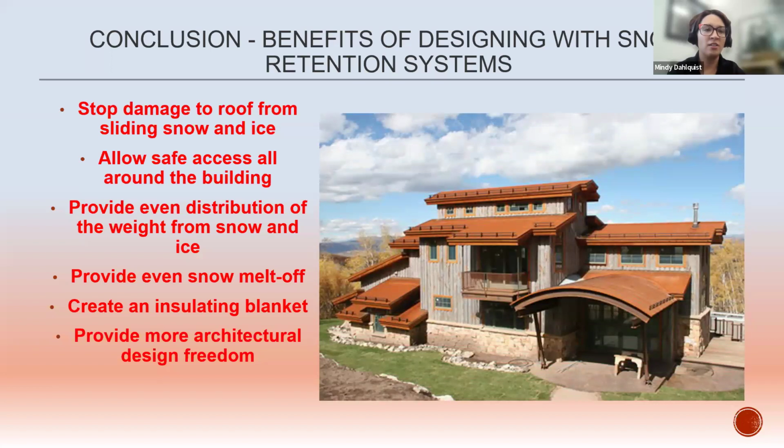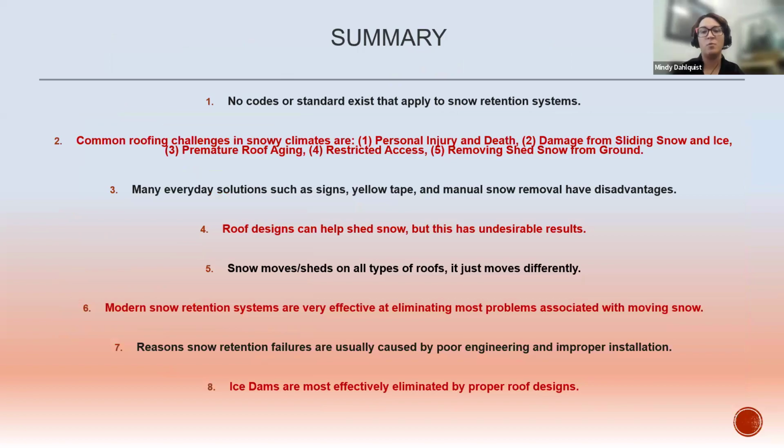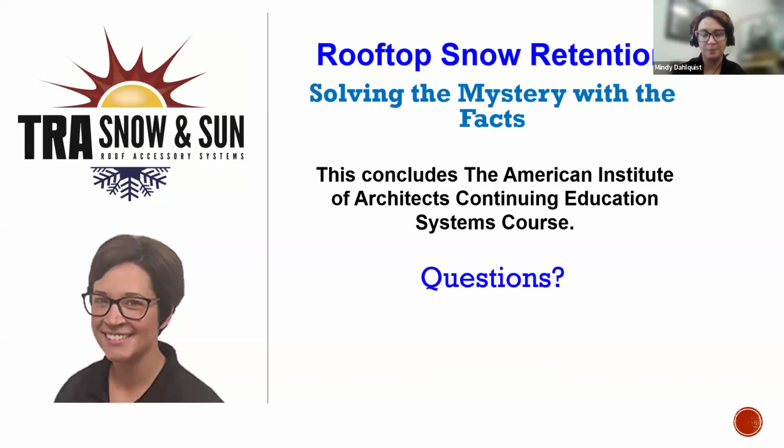So I've touched base on all of these things: how to stop damage to the roof from sliding snow and ice, allowing safe access all around the buildings, providing even distribution with the weight of snow and ice by using that snow retention system, even snow melt off, creating that insulating blanket, and providing more architectural freedom. So that does complete